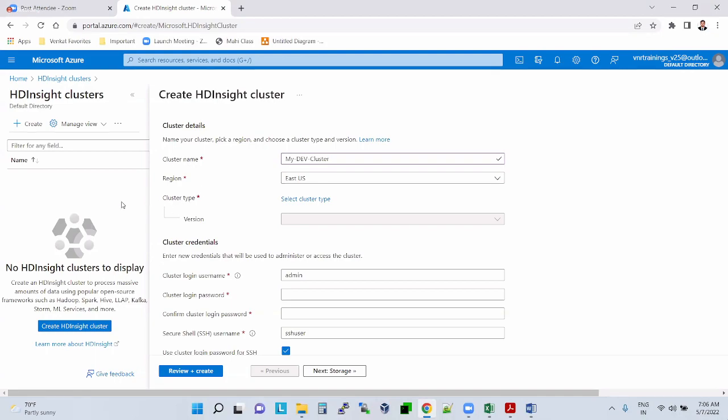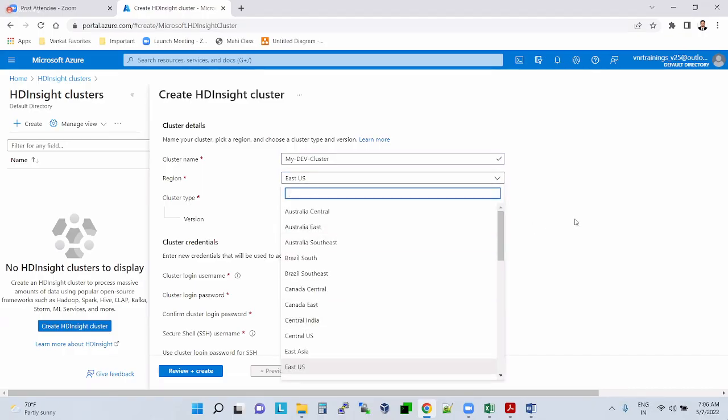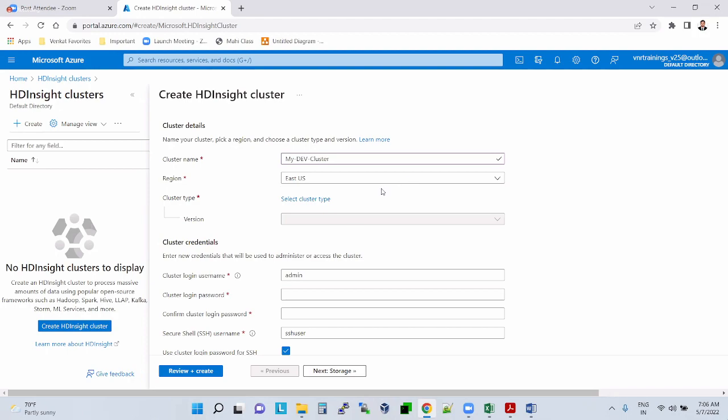We have selected the storage in East US, and you can select the cluster in East US also, or wherever you want. If you select the East US region, then your storage is in East US and your processing is also in East US. But not only that, you can have storage in East US and create your cluster in another region also. It's up to you. Since I have access to only East US for this subscription, I'm creating in East US only.